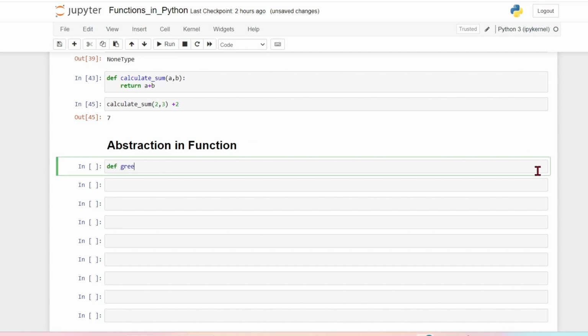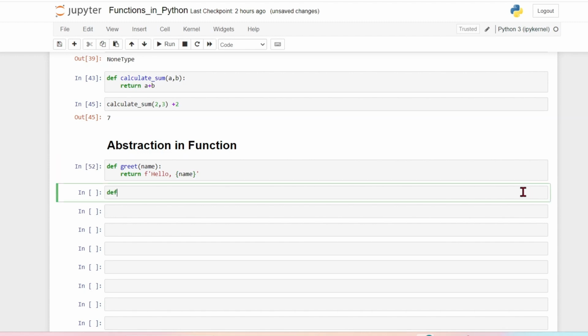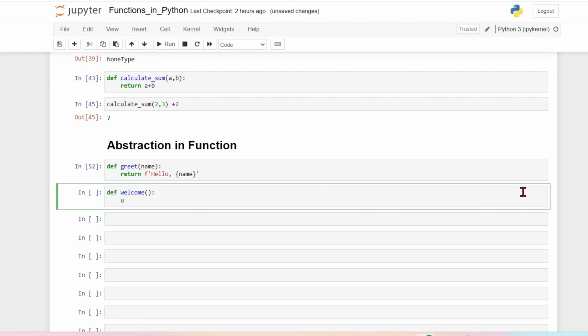Def greet. I'm taking a parameter as name and returning, using a string, hello space and then curly braces, and I'm passing the name variable to this. And now I'm creating another function, def welcome. I'm passing no parameter in this. I will take input from the user, so user input. The input function by default returns a string, so we don't need to use type casting